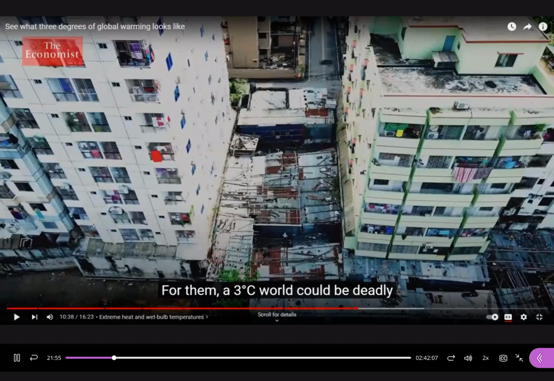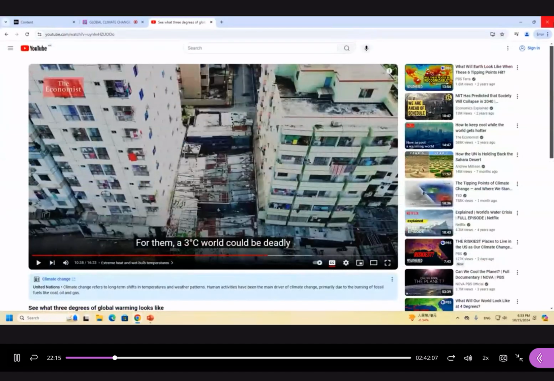It's affected by drought because of less rainfall in that area, and there are also some small islands in the Pacific Ocean. Because of the sea level rise, some part of their land is already submerged in the sea, and it caused migration to the city areas. In general, there's a special word for this: climate refugees. So far we are experiencing a temperature increase of around 1.1 to 1.2 degrees Celsius, and already a part of the people are affected by climate change. But in a 3 degrees Celsius world, there will be more people affected.